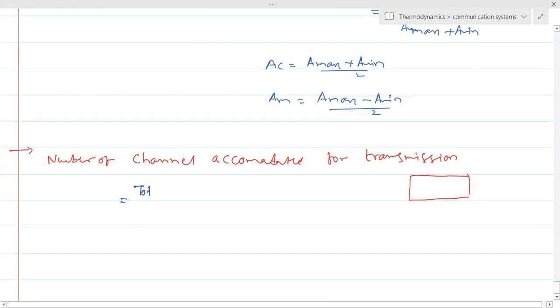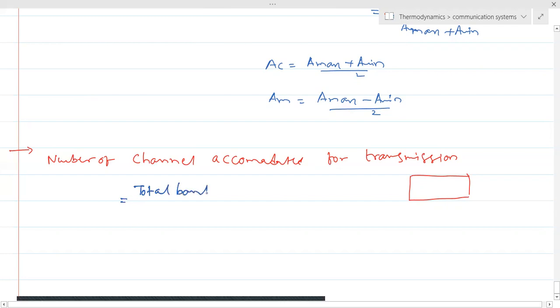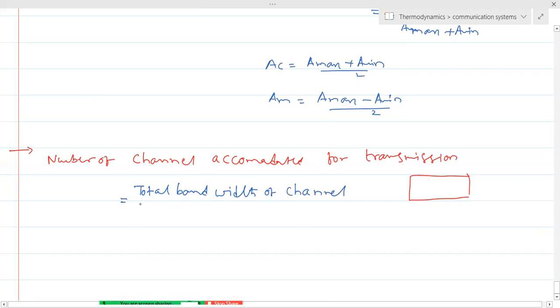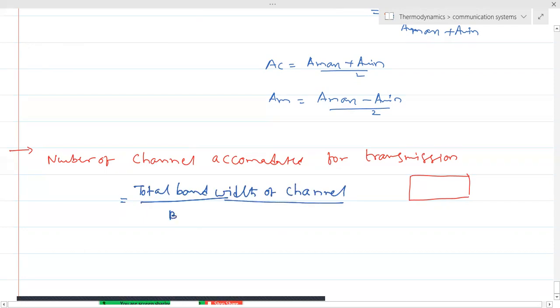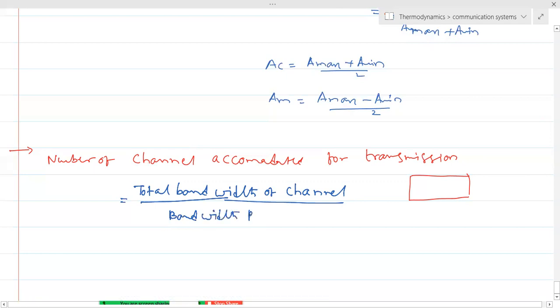So that equals total bandwidth of channel by bandwidth per channel. And ఒక్కొక్క ఛానల్ కి ఎంత స్పేస్ అవసరం అవుతుందో చూసి టోటల్ స్పేస్ బై ద స్పేస్ రిక్వైర్డ్ బై ద ఛానల్